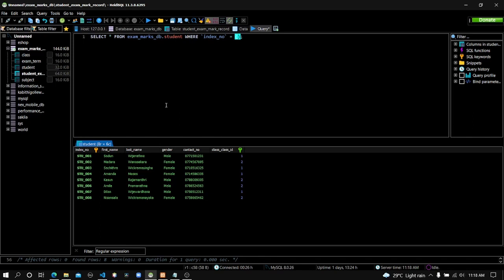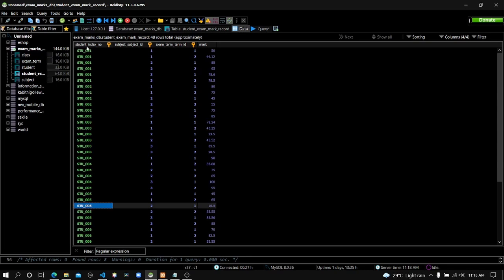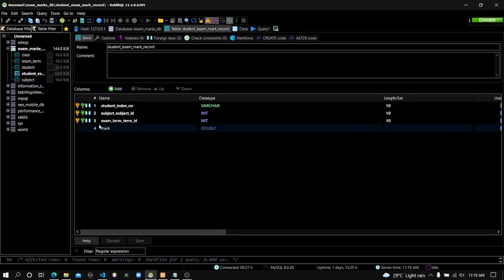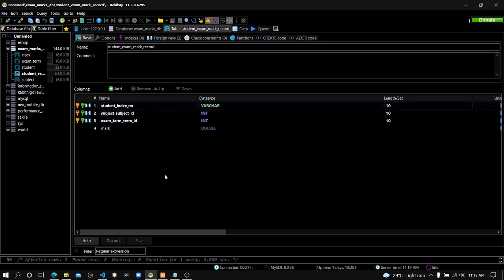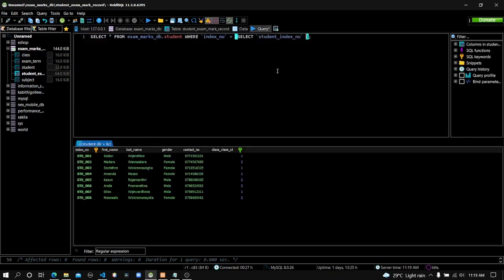The next one, I'm selecting the details from student exam mark records, because there's the table which records the students' marks. So I'm going to write a select query to that table. Select. I don't need all the details. I need only the index number of the student. So let me go to the student table first. You can see student index number. Let me copy that name. Select student index number